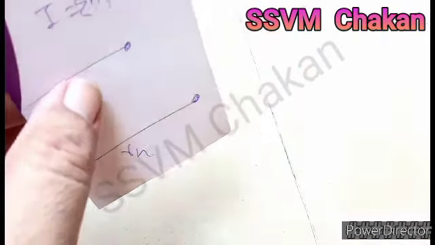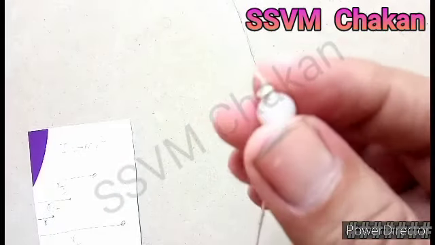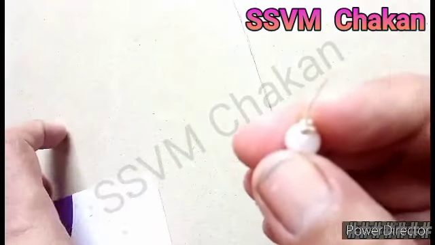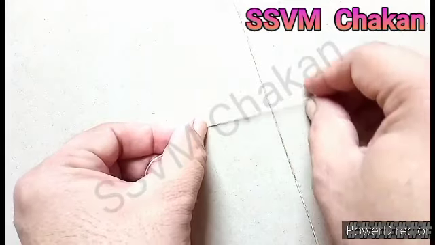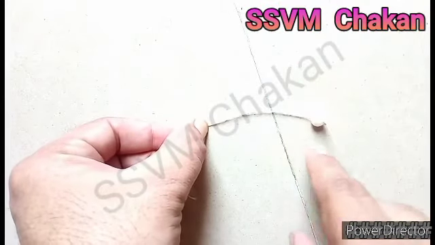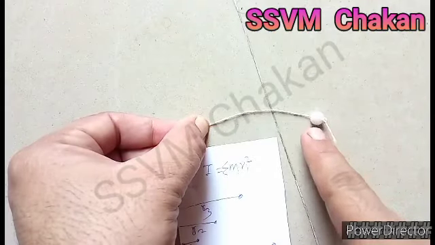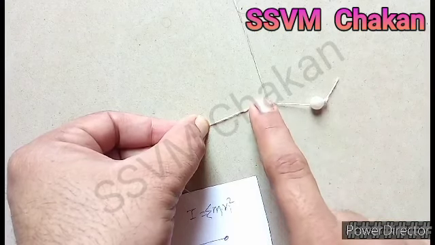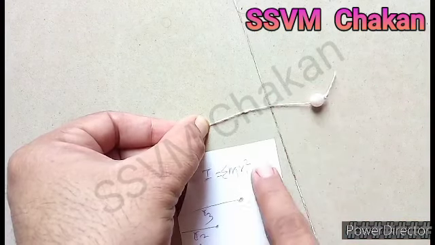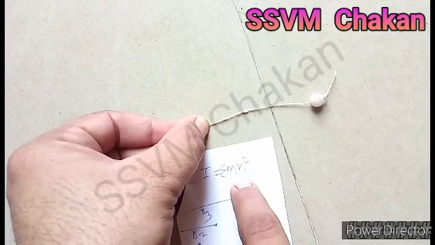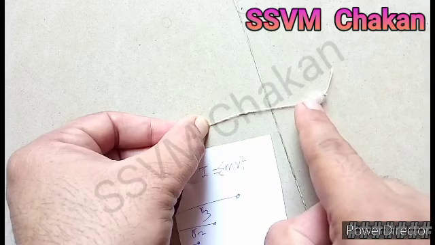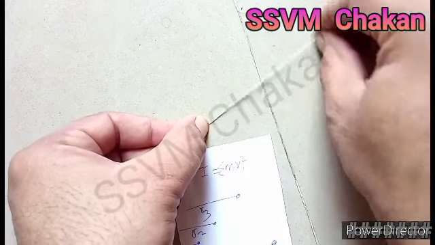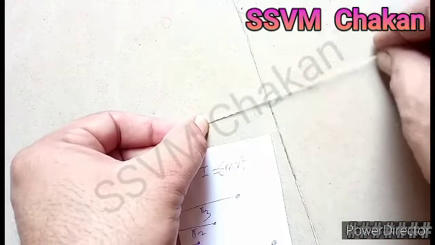The mass of this door is now replaced by a point mass. Suppose this is a point mass, a very small mass, which is equivalent to the mass of the door. Now we rotate this point mass around a certain axis of rotation and calculate the moment of inertia. The mass of the door and this point mass is the same. Now we obtain the moment of inertia of this point mass, which should be equivalent to the moment of inertia of the door. So for that we adjust the distance of the mass from the axis of rotation. We change the distance and again calculate the moment of inertia. We change the distance, again calculate the moment of inertia.